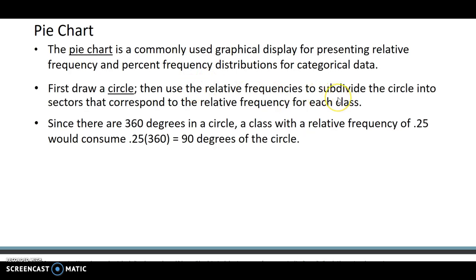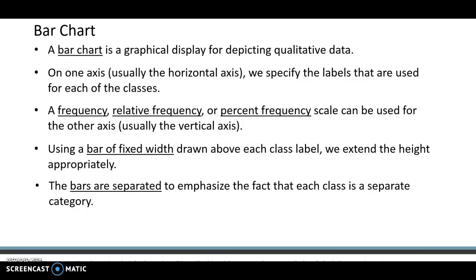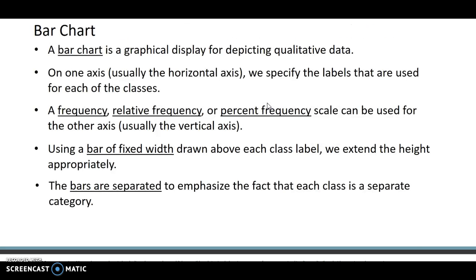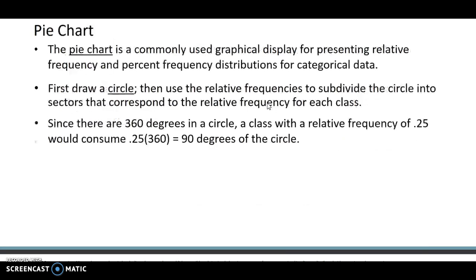Then use the relative frequencies. Remember, those are the decimals we used here. 2 responses poor divided by the total of 20. 2 divided by 20 is 0.1. You take the relative frequency and you multiply it by 360 degrees when you use a pie chart. That will tell you how many degrees you need to draw that particular slice of the pie